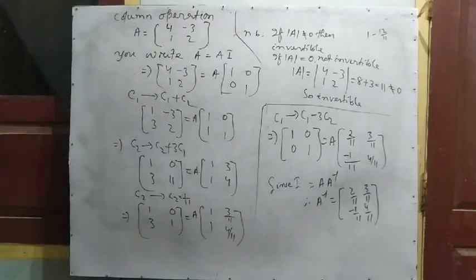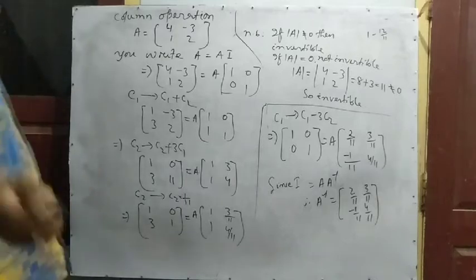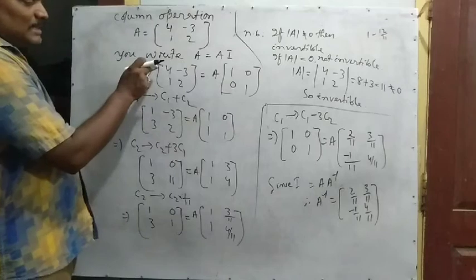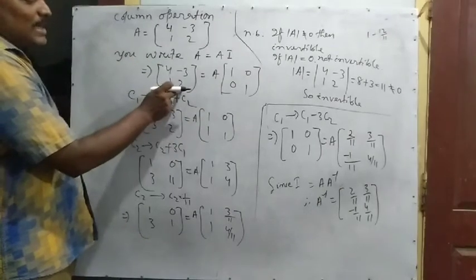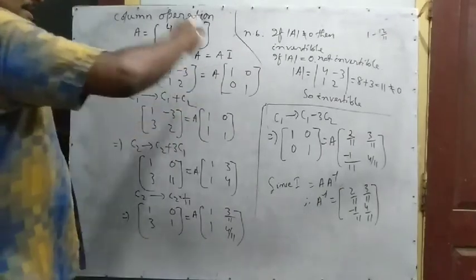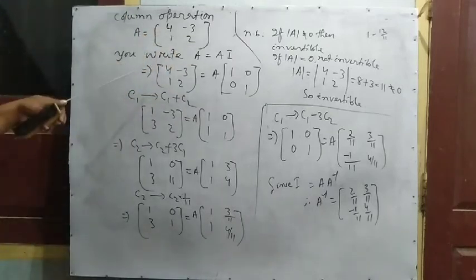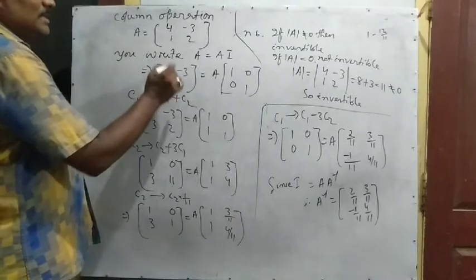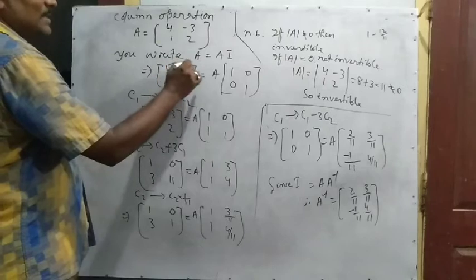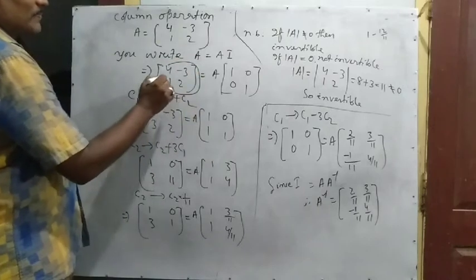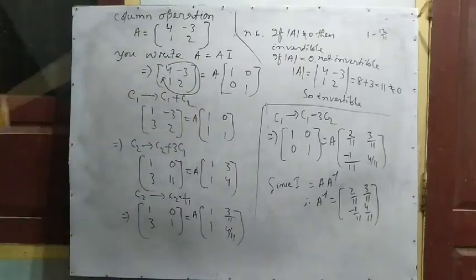Here the direction of solving 1001 is different. In the first case, this is 1, then 0, then 1, then 0. This is the anti-clockwise direction. The solving of 1001 is in the anti-clockwise direction. But for column operation, it is the clockwise direction. In this way you solve this. This is the clockwise direction.